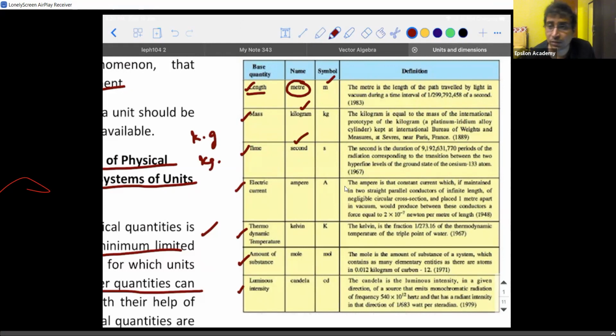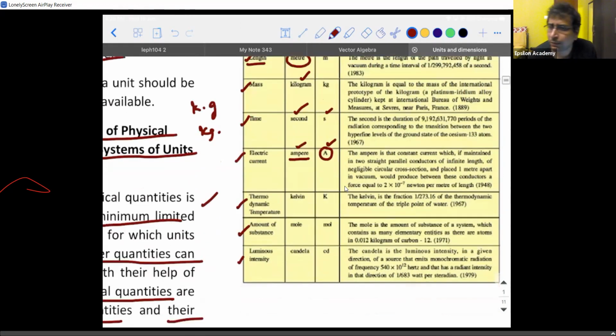Okay. Then you have the second. For electric current, the unit is ampere, with the symbol capital A, because it's the name of a scientist. Here, observe one point. Though ampere is the name of a scientist, when you write the name in full, you should not write it in uppercase. The first letter should always be in lowercase. So capital A. Next is kelvin. Kelvin is also the name of a scientist, and it is represented by the symbol capital K. The amount of substance is measured in mole, and the symbol used is mol. Then for luminous intensity, it is candela, and the symbol used is cd.